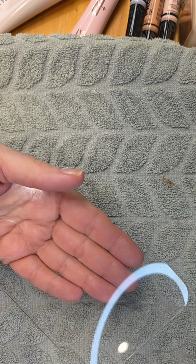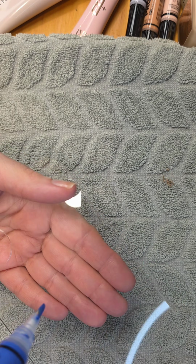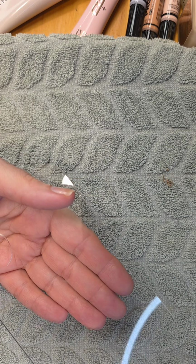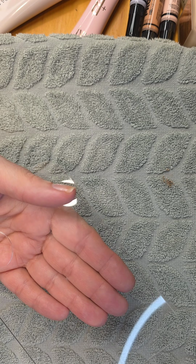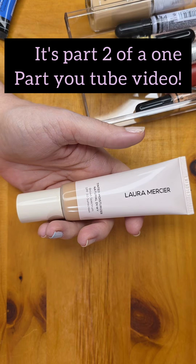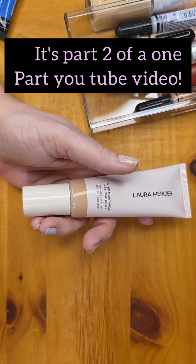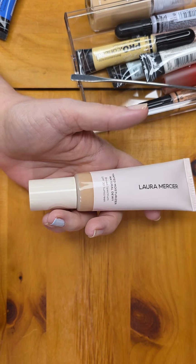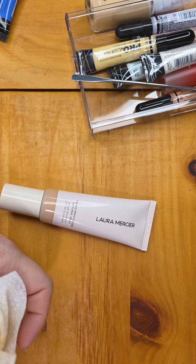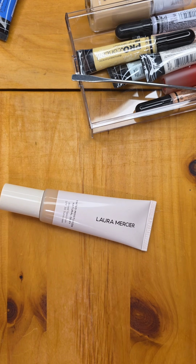Today we are going to talk about Lapis Lazuli. Okay, so Lapis Lazuli is a mineral that can be crushed up, and it contains ultramarine blue, which